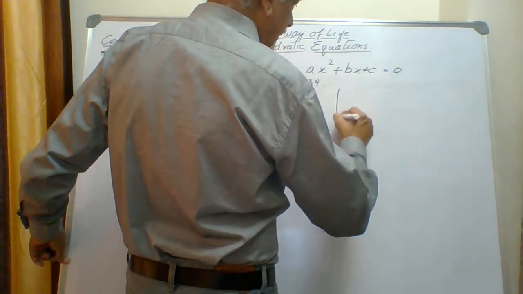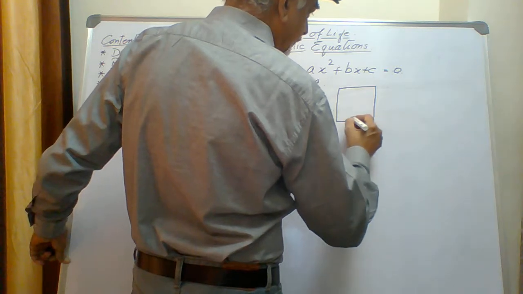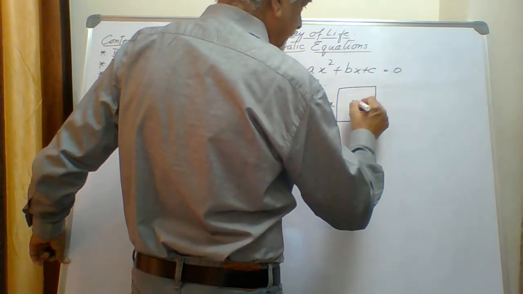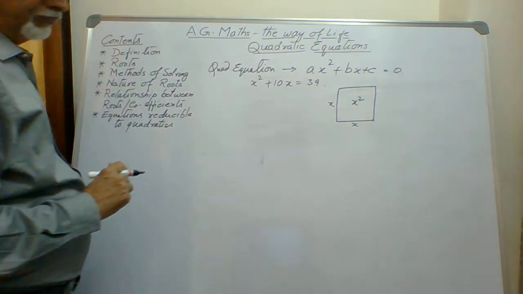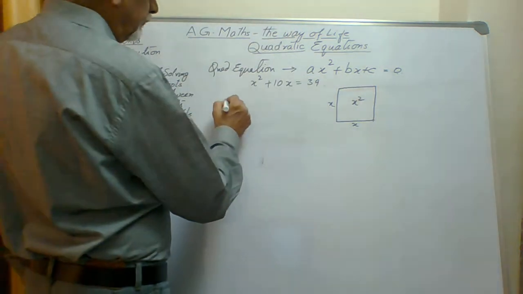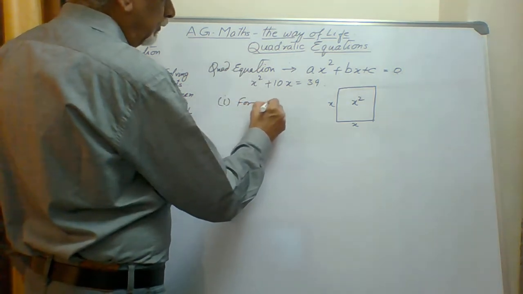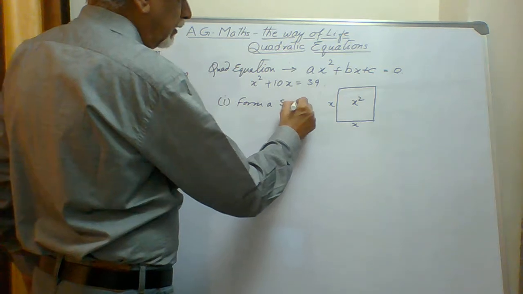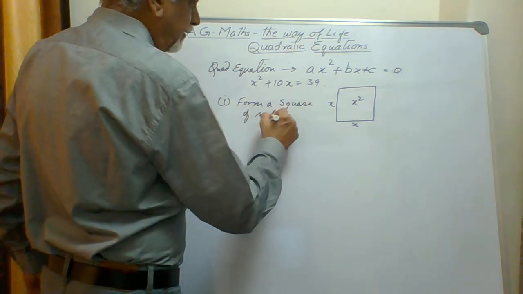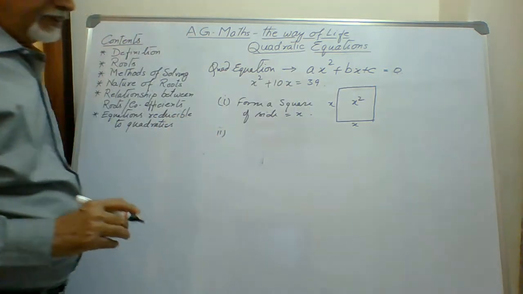We say that you start solving this with the side of x. If this is x and this is x, then the area is called x square. Right? This is the first step: form a square of side equal to x. What was the second step? He suggested that